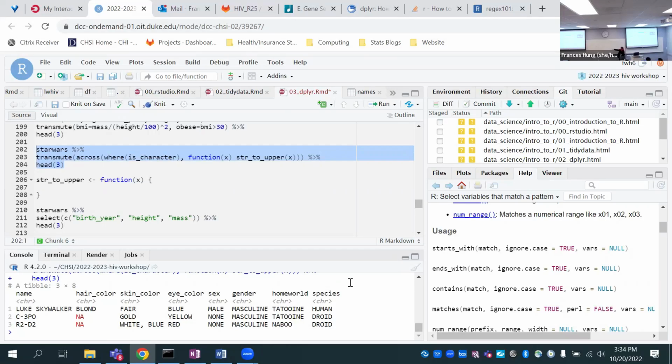So basically, this where is.character is shorthand for all the character columns, right? And then you can think of this as a placeholder for listing all the character columns. Then you're going to plug the character columns one at a time into this function. So we set x to the first character column, and then we apply str_to_upper to that first character column. So we do the same in the second, and then the third, and so on until we hit all the character columns in the data frame. Okay, some more nods, that's good.